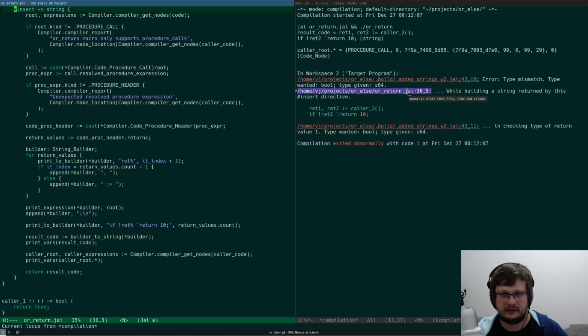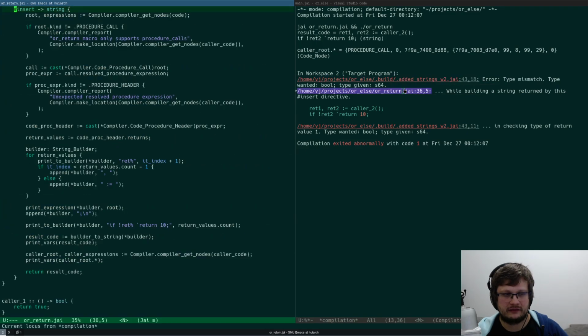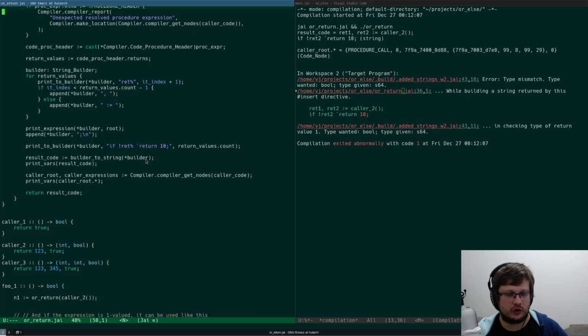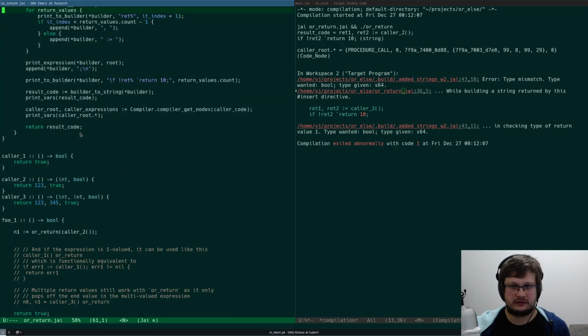And interesting that, again, I don't have a proper stack trace here.